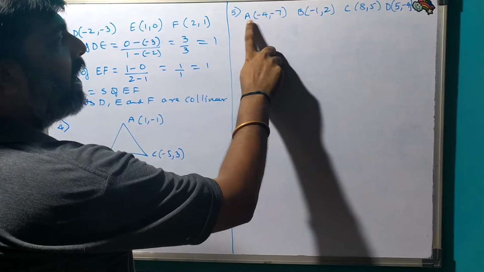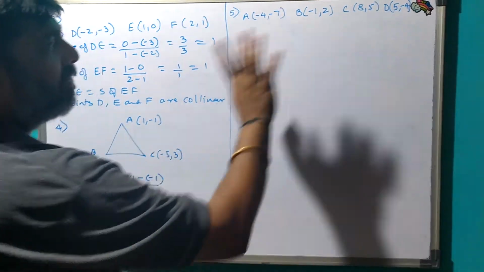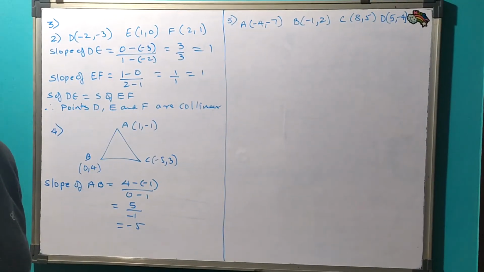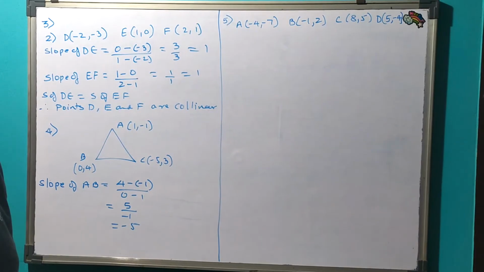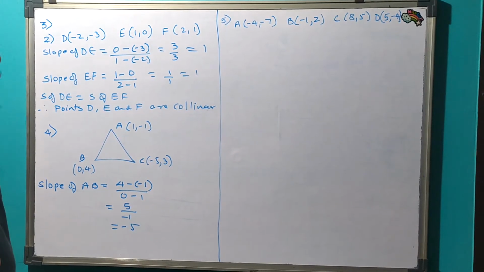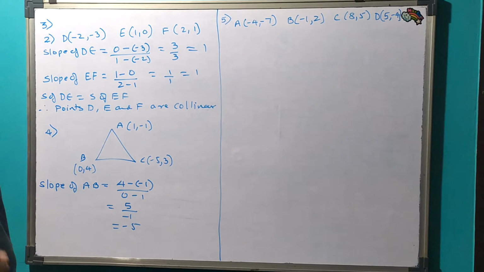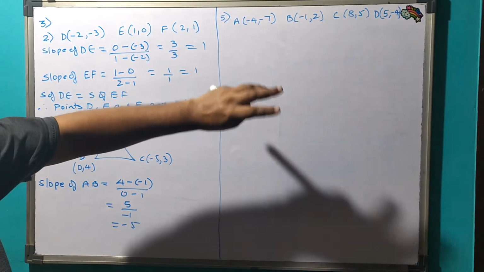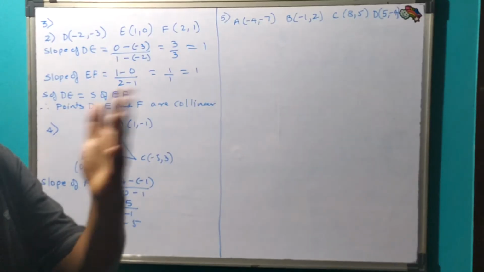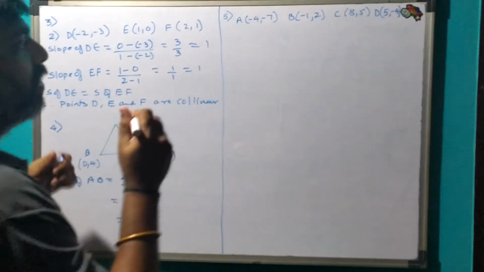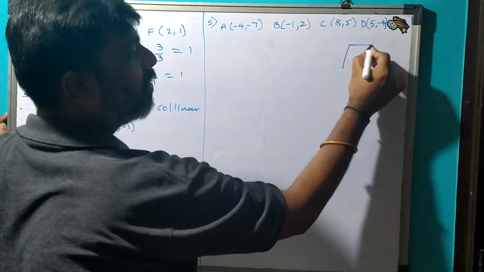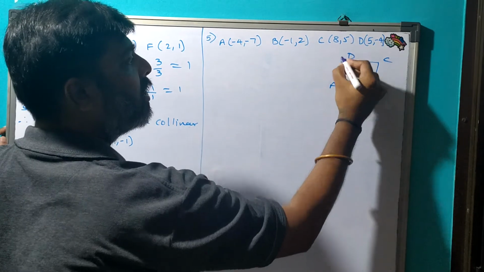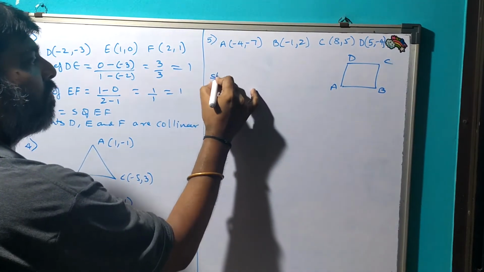In the fifth sum, A, B, C and D, 4 points are given and we have to prove that it is a parallelogram. If it is a parallelogram, the opposite sides are parallel and equal. If the slopes are equal, the lines are parallel. Or if the lines are parallel, that means the slopes are equal. So I will give a diagrammatic representation where I will write A, B, C, D. Find the slope of